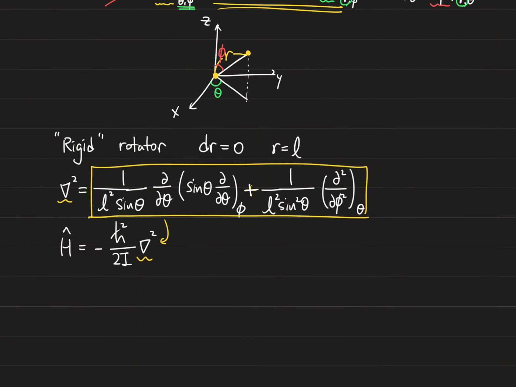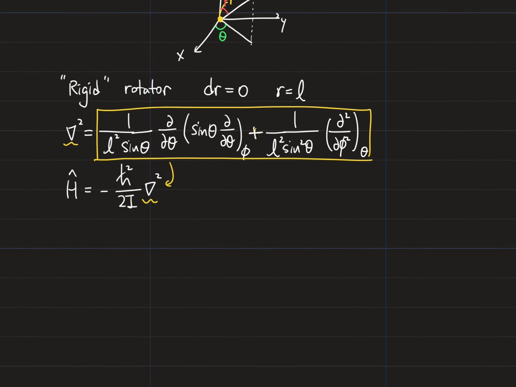Okay, and unfortunately, solving this Schrödinger equation takes a lot of time, and it requires some knowledge in mathematics, which is beyond the scope of our course. So we just accept that the solution of the Schrödinger equation for this Hamiltonian shape is given as